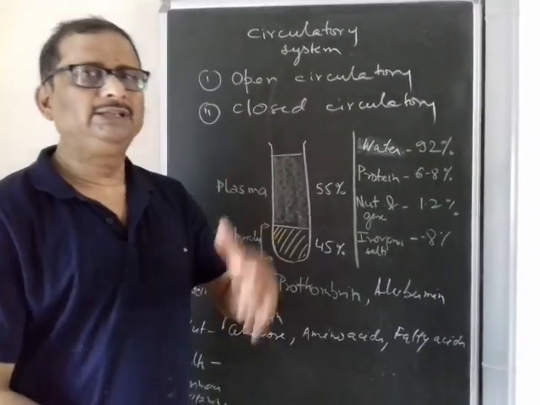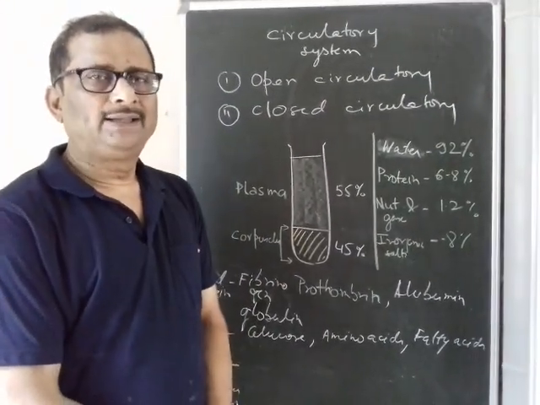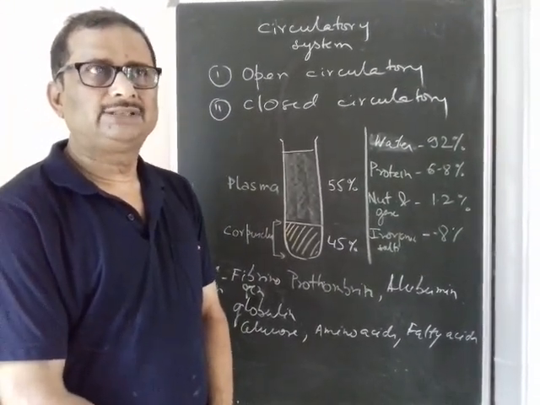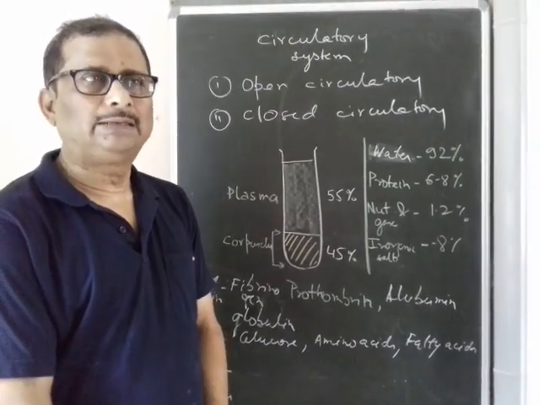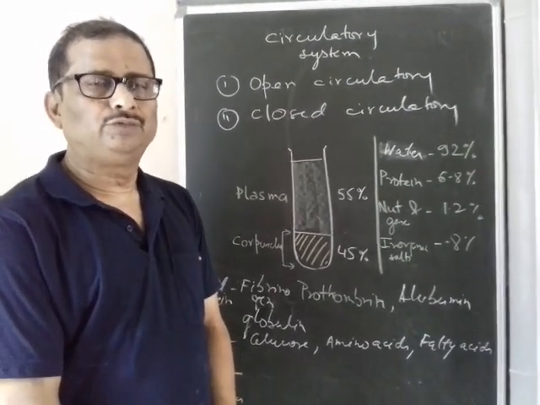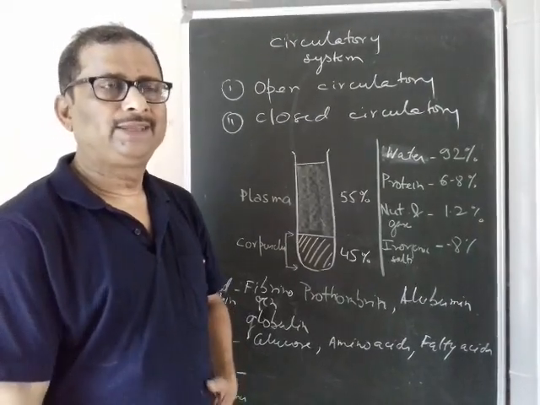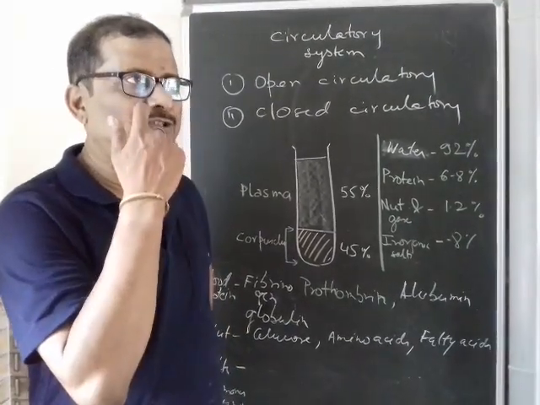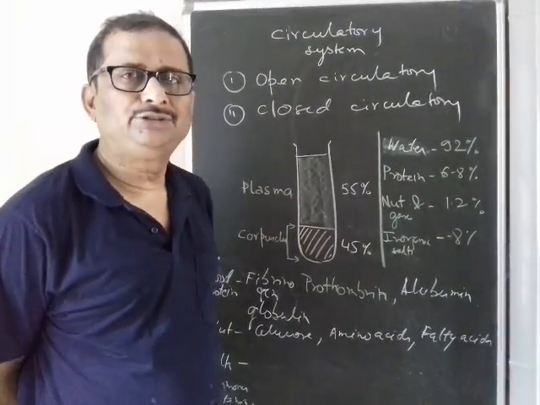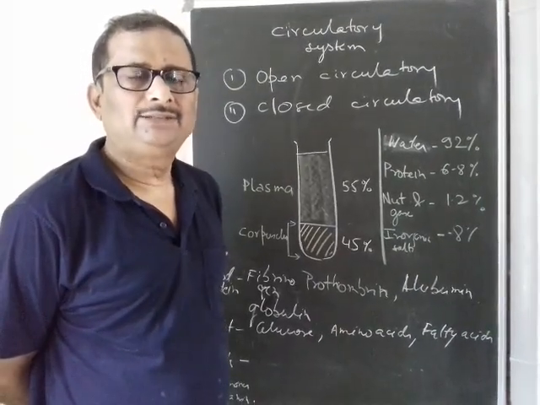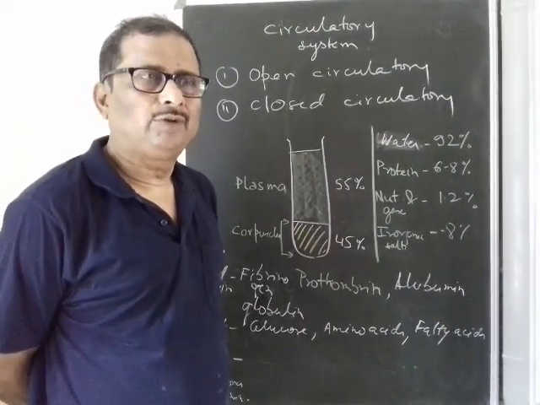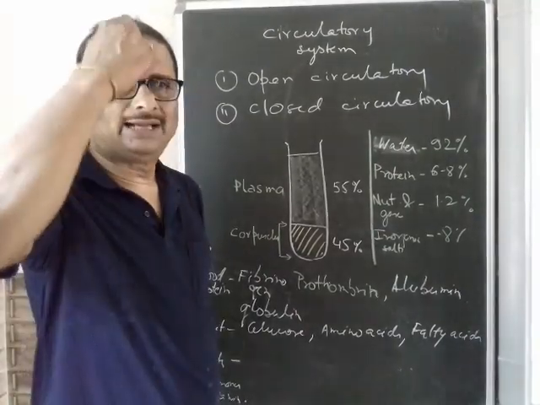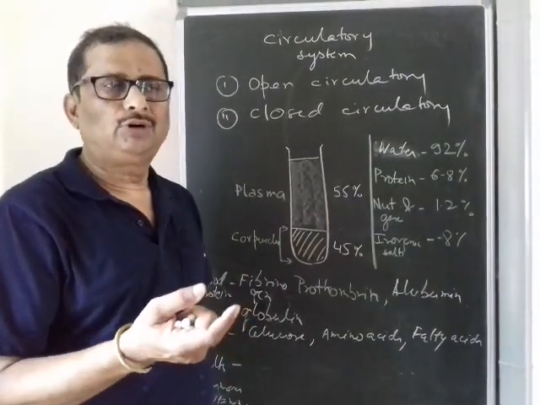Usually in our body there are tissue fluids. Some tissue fluids flow, for example blood is a flowing tissue fluid. Lymph also flows, and certain tissue fluids, like the extracellular and intracellular tissue fluids, are not flowing. They remain either outside the cell in the tissue or inside the cell.